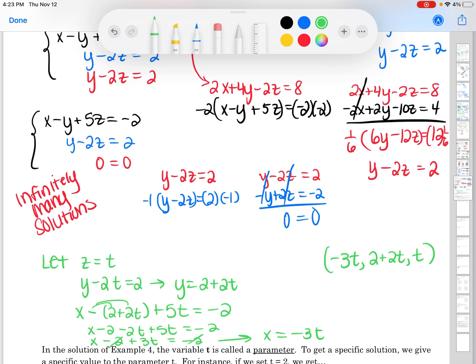And if you think back even into 2 variable, if I have infinitely many solutions, that would have been something like where I had the same line drawn twice. So if I picked any random x, it had to match with a very specific y. I couldn't just pick 2 random numbers, put them together, and call them the answer. So that's why saying something like all real numbers is not necessarily the best way to describe